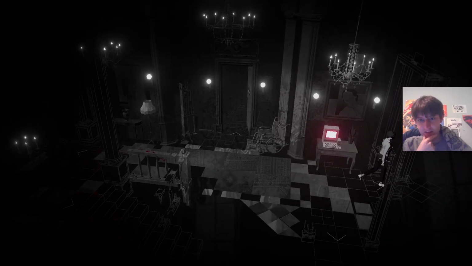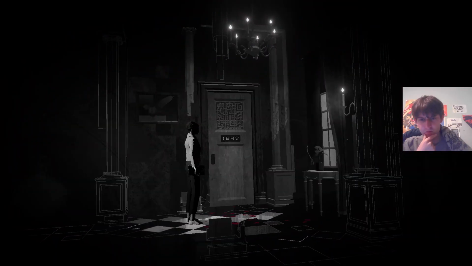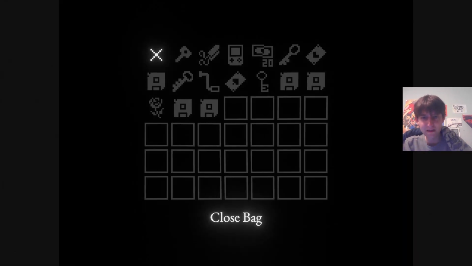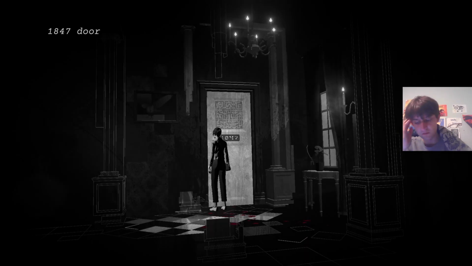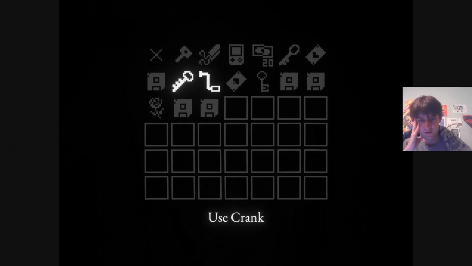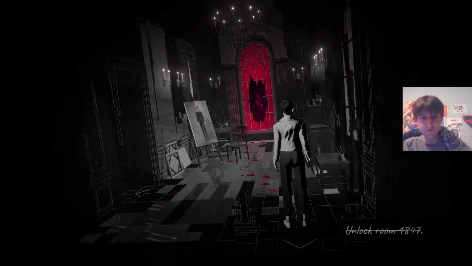Think of where the lady fell from. Oh! This requires a key. It's got the maze on it. I've already used the E-shaped key. Do I have any other keys? Have I used a dead woman's key? Oh, it's for here, which is probably where she fell from. Well,